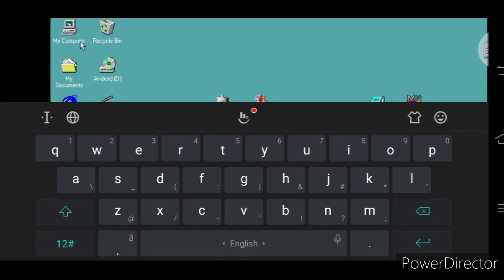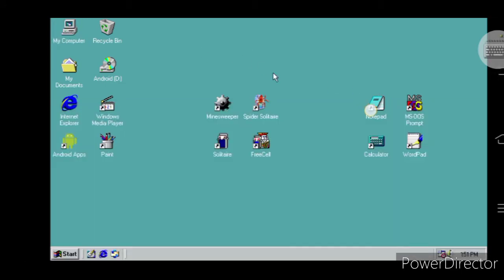Now here you also have My Computer, FreeCell, software, or you have WordPad. With this app your mobile is converted into a PC desktop.